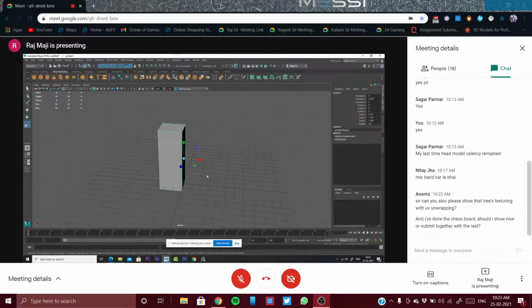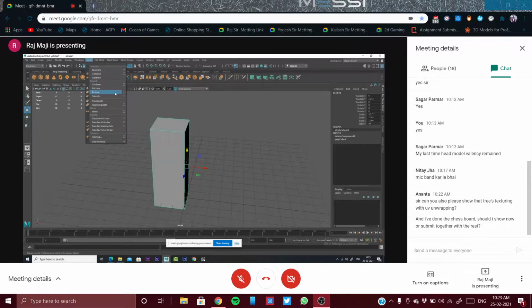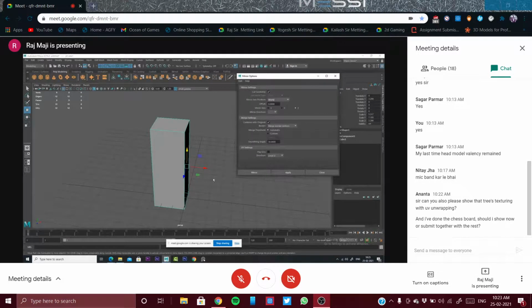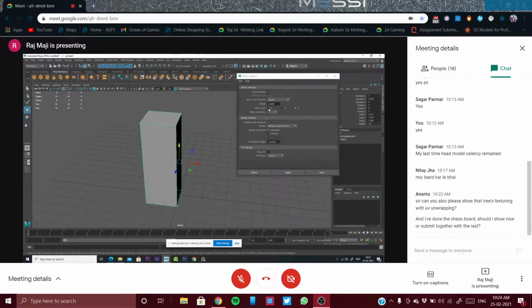Now you need to understand one thing. The orientation of this object is on the x-axis, isn't it? On the x-axis, like this. So red color, x-axis in this. So going to the mirror option box, over here we need to select x-axis.